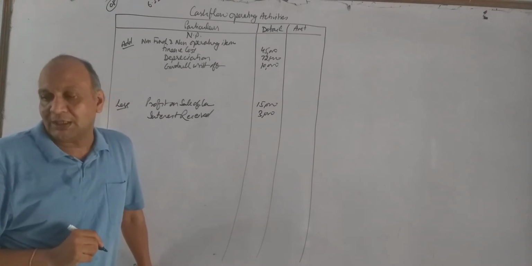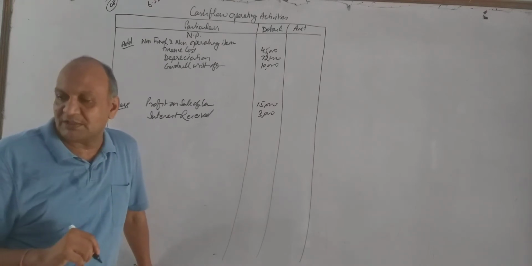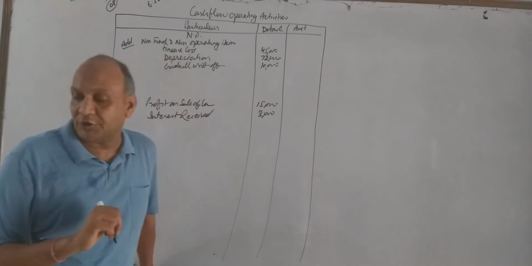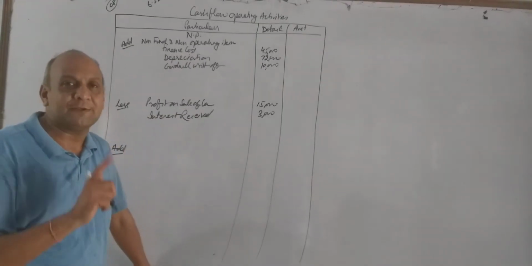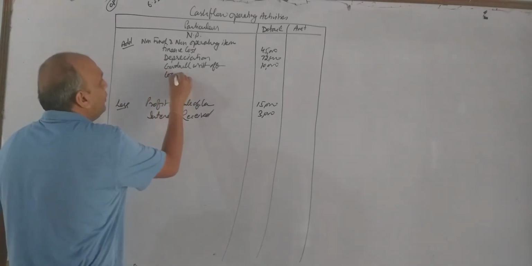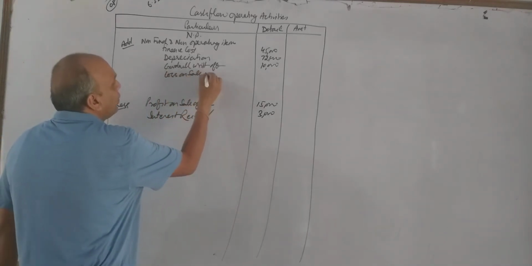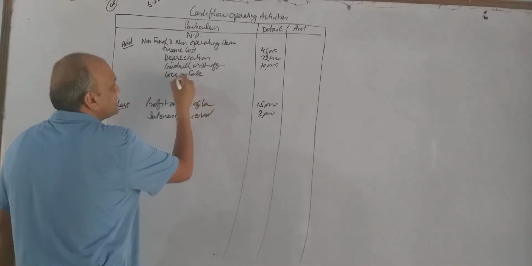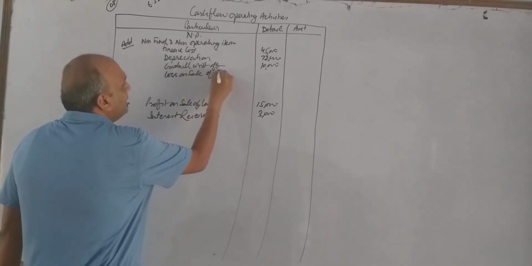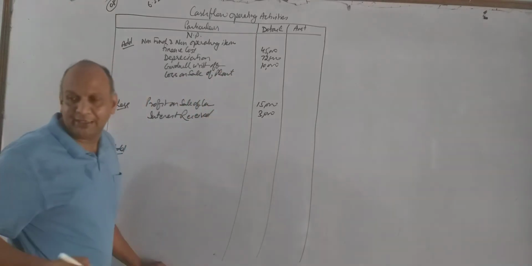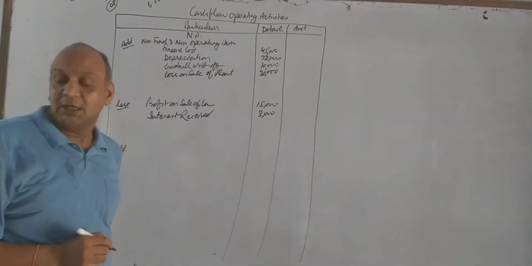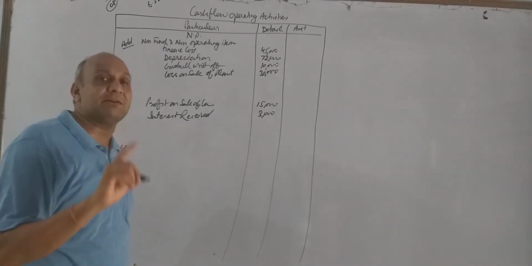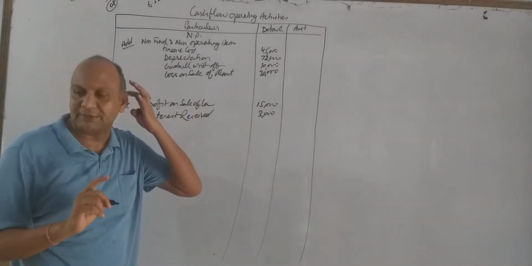Next item, other expenses. In other expenses we have given two items. Note number 3, loss on sale of plant and office expense. So loss on sale of plant is our non-operating expense. That's why we will add loss on sale of plant. We are going to add it. It is rupees 30,000. And in the same heading we have given one more item, that is office expense. Office expense is our operating. We will not consider over here.